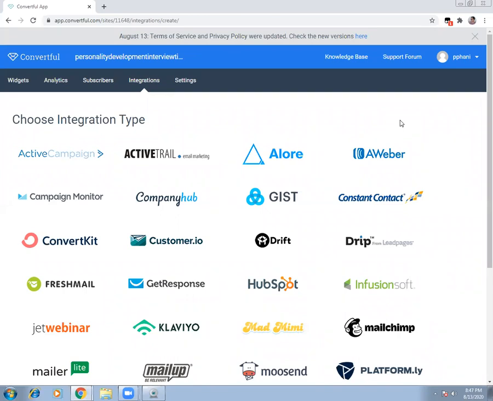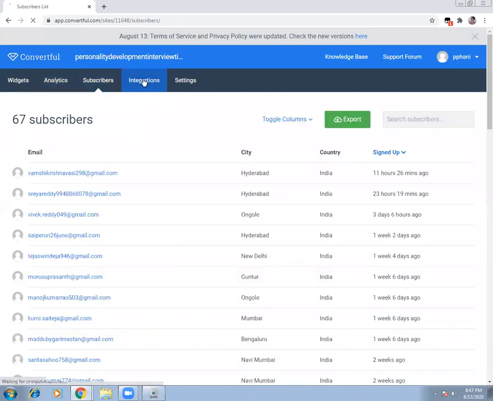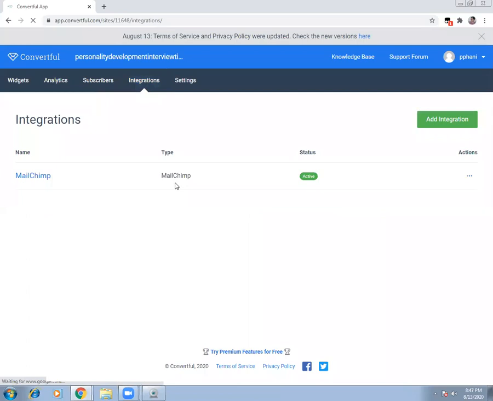So how are you able to send it? That is through integrations. If you look at it, I have just integrated my account with only MailChimp. So MailChimp is the tool I use and it is active. And by connecting this Convertful to my website and to MailChimp, all the people who register on my website, their data will automatically flow into MailChimp, and MailChimp is going to track all my website subscribers.